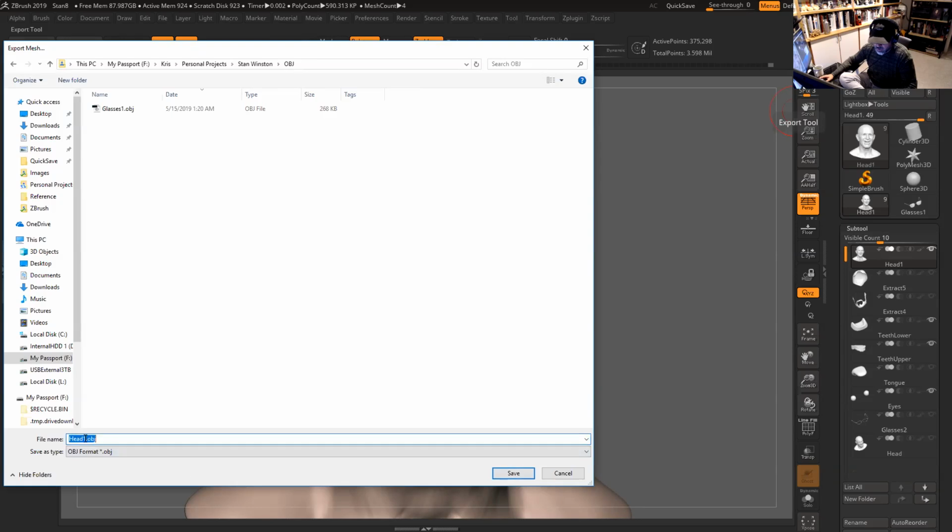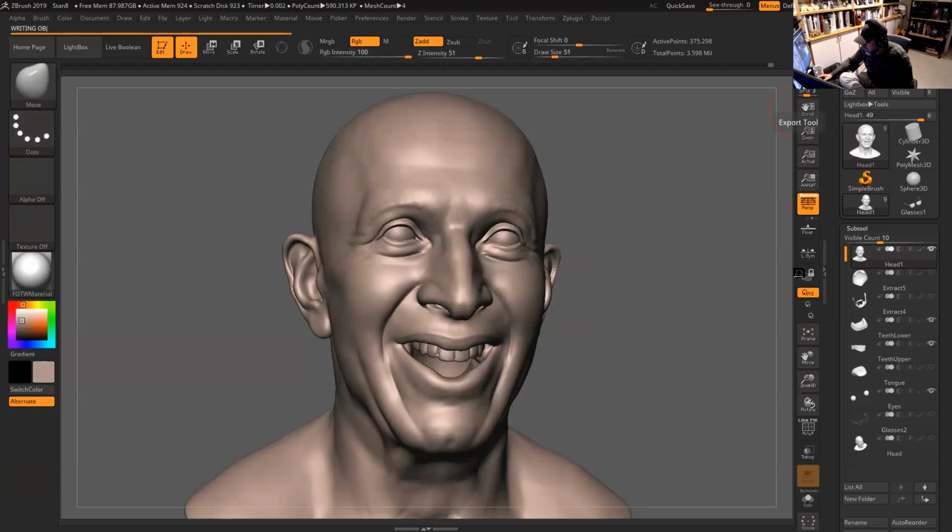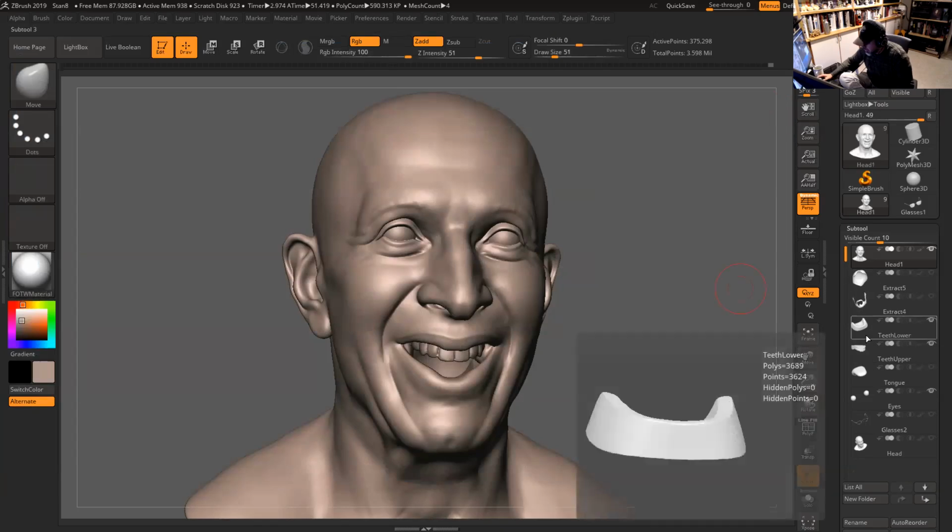Another thing I sometimes do is put MR if it's medium resolution, LR for lower resolution, and HR for high resolution. So I'm gonna keep medium resolution, and I'm gonna export it. My computer was sleeping, so it's probably gonna take a little bit, but it's gonna wake up soon. There you go. And then I'm not gonna be worried about hair or beard for now, but I need his